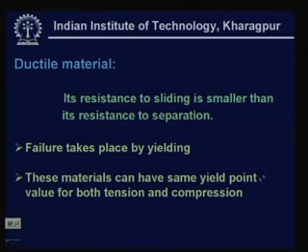That means, what we have just shown you, the particular material was in tension. Suppose it has undergone some compression also, then experiments have shown that ductile materials can have the same value of yield point for both tension and compression. So, this is what we understand by a ductile material, and the structural steels and